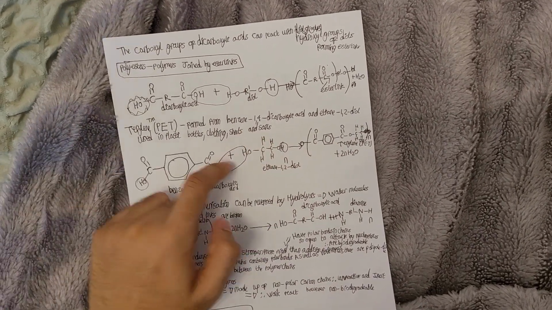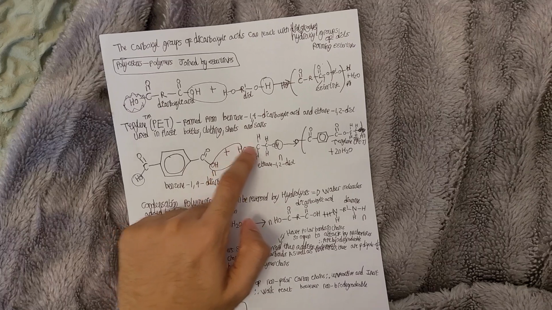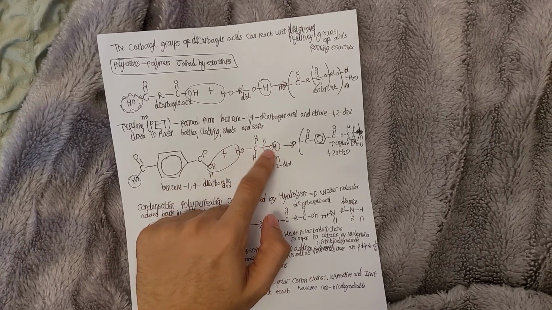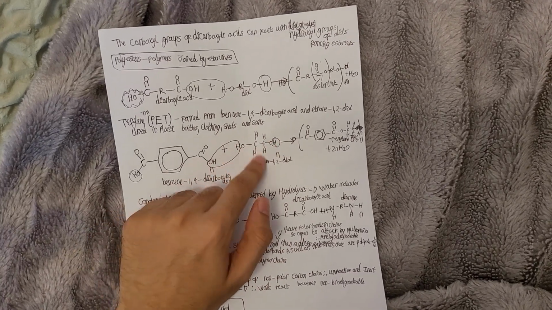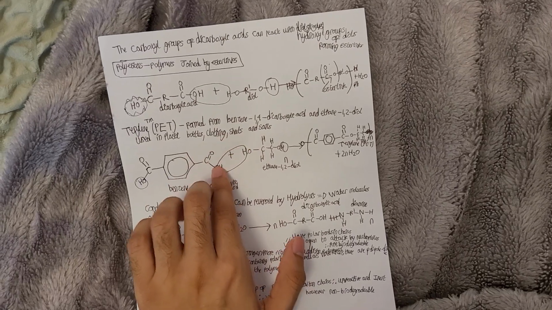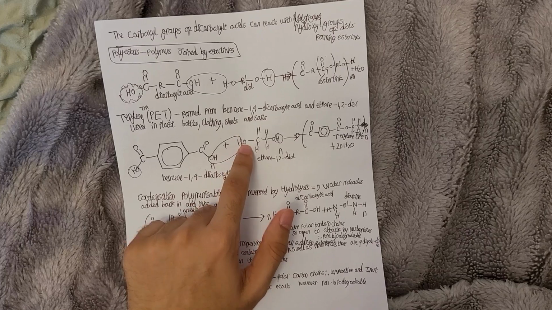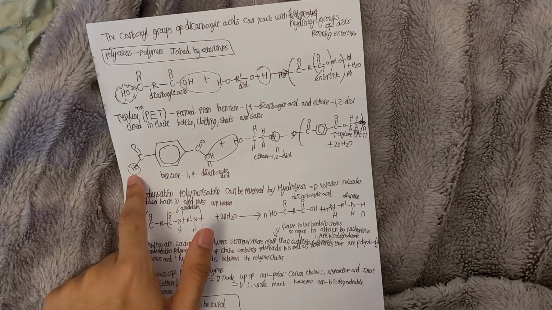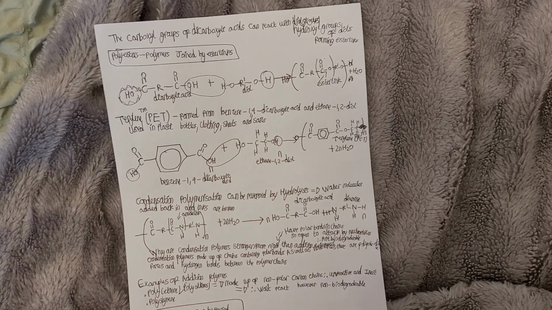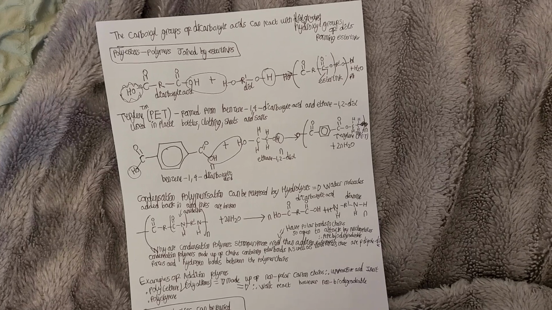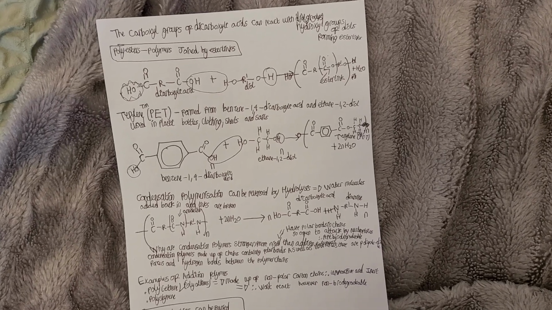Ethene, obviously your diols, your OHs, are going to be at the end of these carbons. Not going to be here, because you want them at the ends so a water molecule can be eliminated. So this OH and this H leaves, and this OH from the carboxylic acid and this H from ethane-1,2-diol leaves. And what you're going to form is